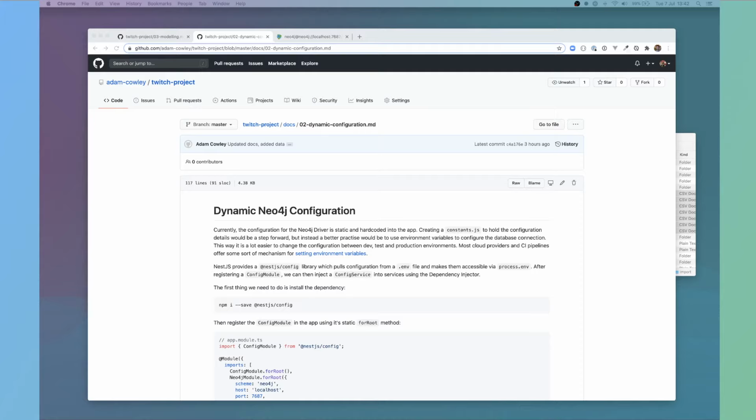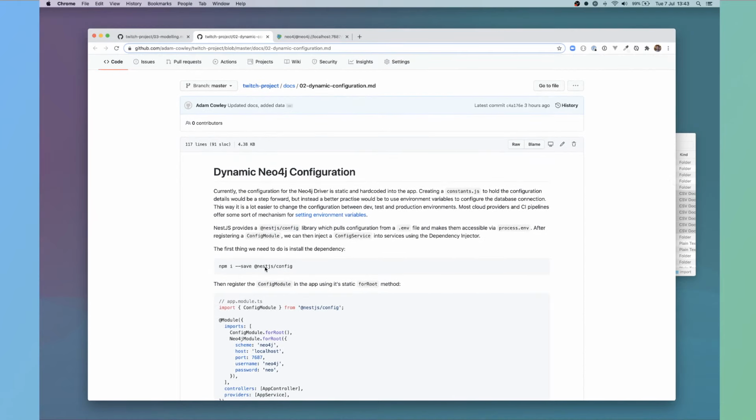So on other projects, I've used .env. Inside Nest.js, there's this package called NestJS config. And what this does is it provides a config module and a config service for you. From that, it will load up the values that are inside a .env file, and it will use those inside the configuration.